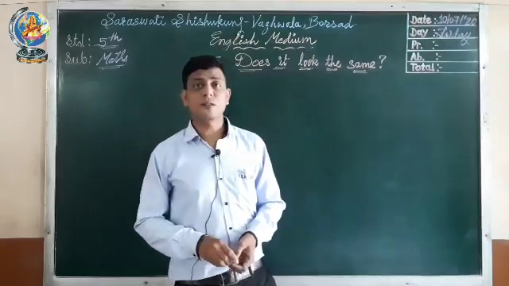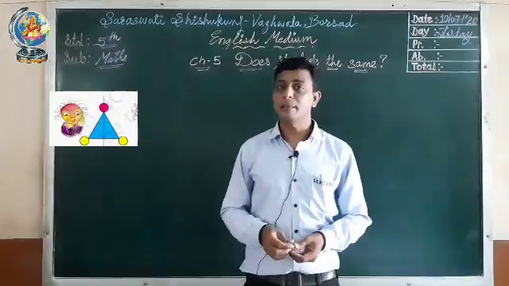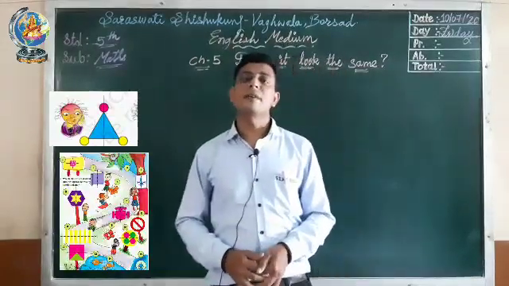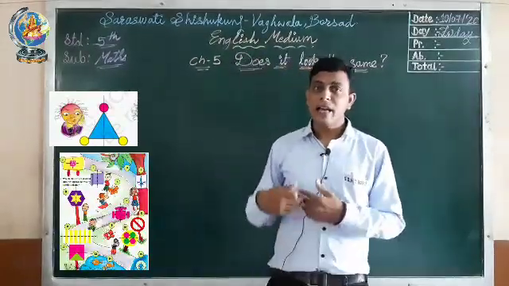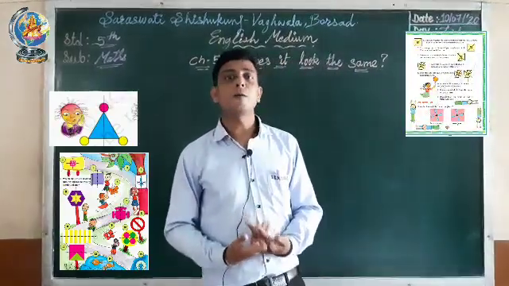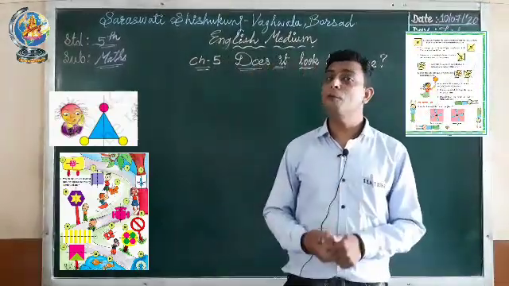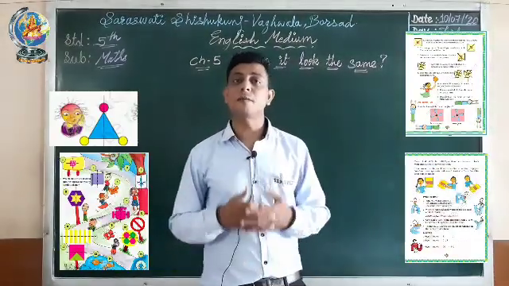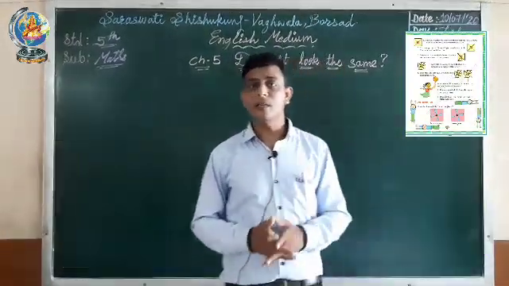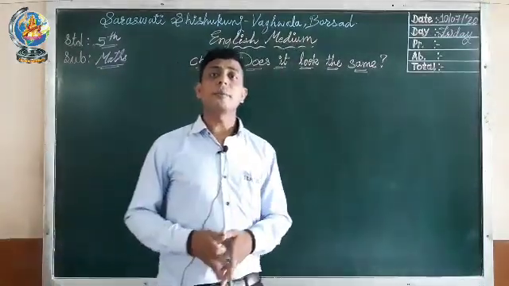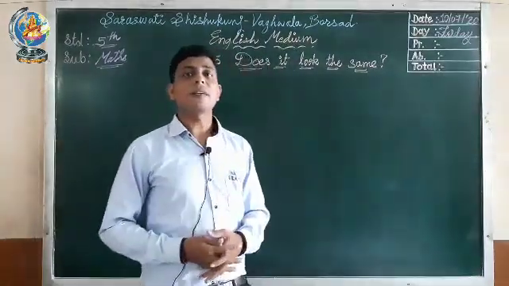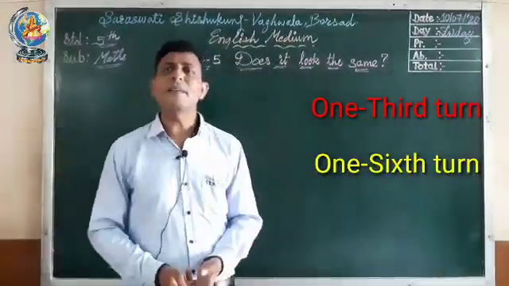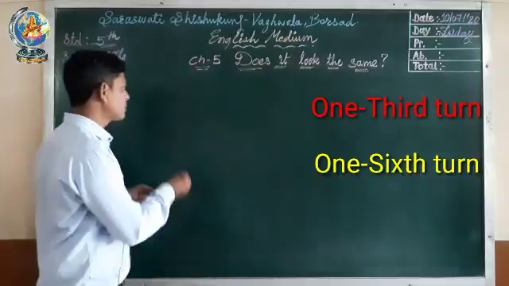In previous two videos we have learned about mirror images, mirror half, symmetry line and exercise on the basis of it. And in the last video we have learned about half turn and 1/4 turn, and in that we have learned different exercises on the basis of half turn and 1/4 turn. Today we will learn two new topics. The names of the topics are 1/3 turn and 1/6 turn. So let's begin with 1/3 turn.